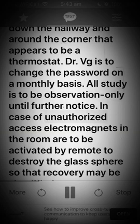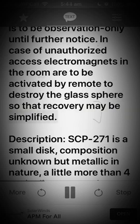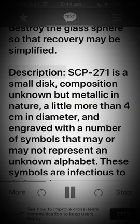In case of unauthorized access, electromagnets in the room are to be activated by remote to destroy the glass sphere so that recovery may be simplified. Description: